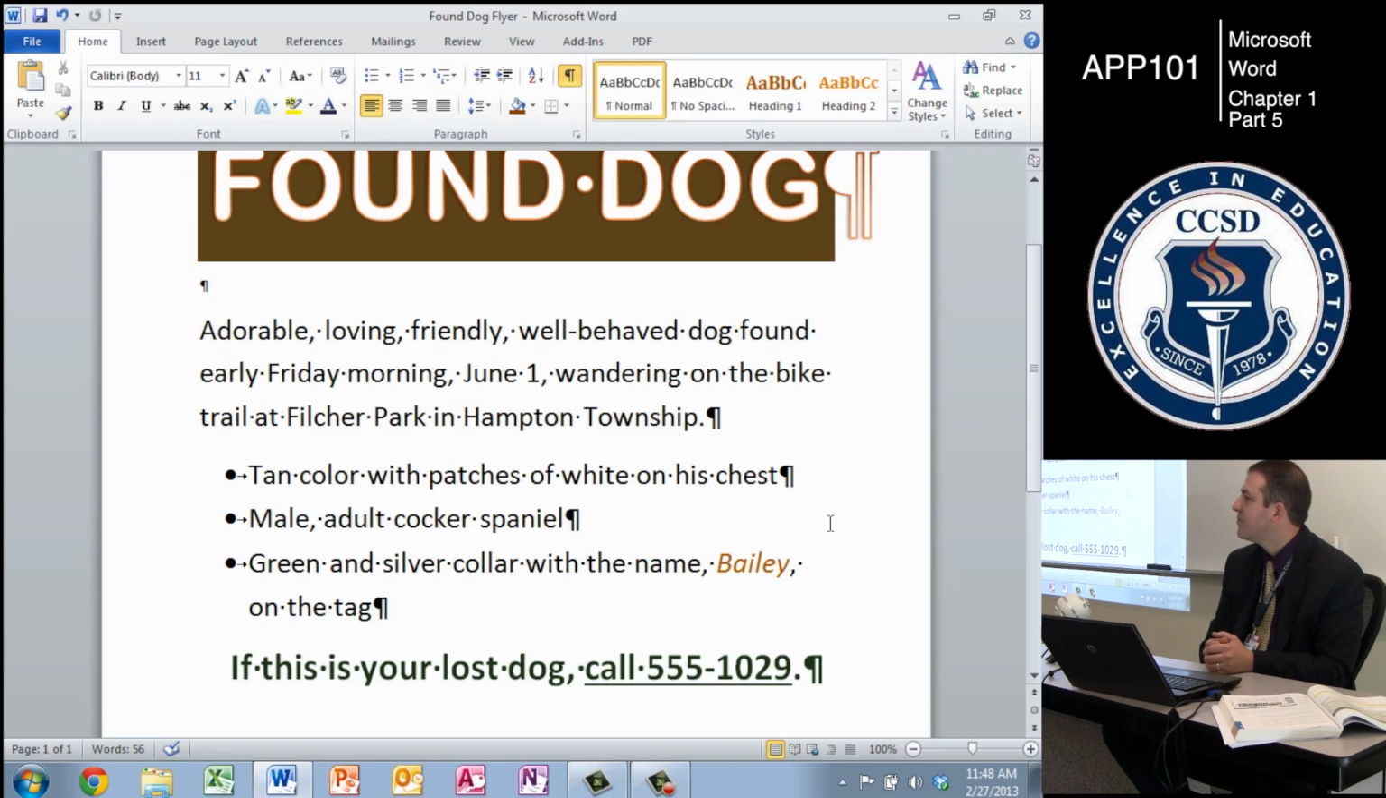My Bailey, and if this is your lost dog, call 551-1029. Did it change to the doo-doo brown? Well, they're supposed to be light brown. Yeah, but the problem is that mine is still the same. We changed the colors to purple. Mine's still the same. All right, well, let's just try this for you guys, because if your whole thing didn't change,